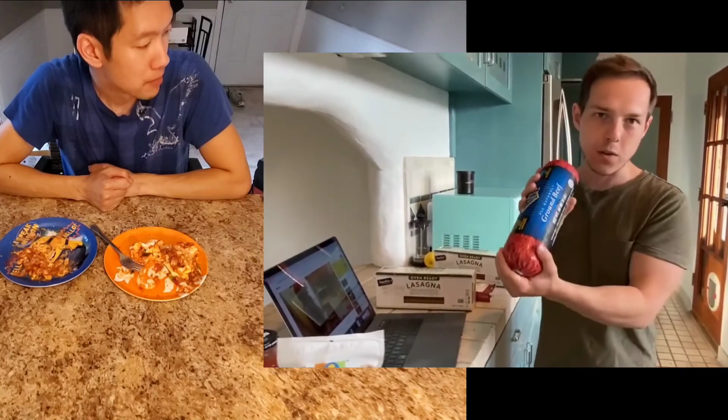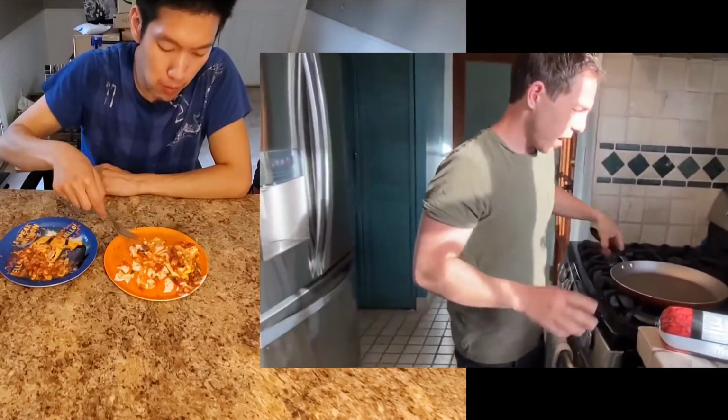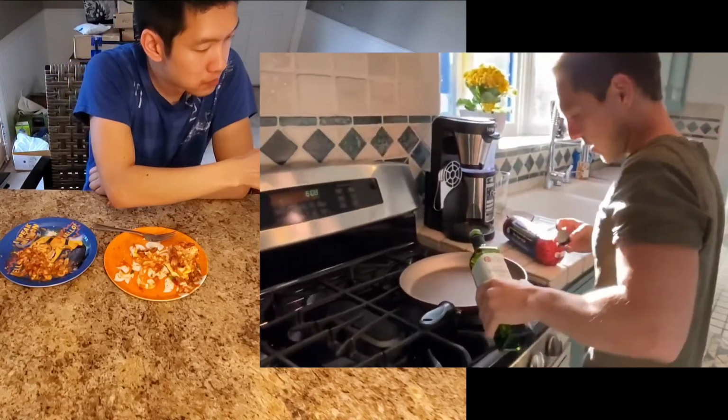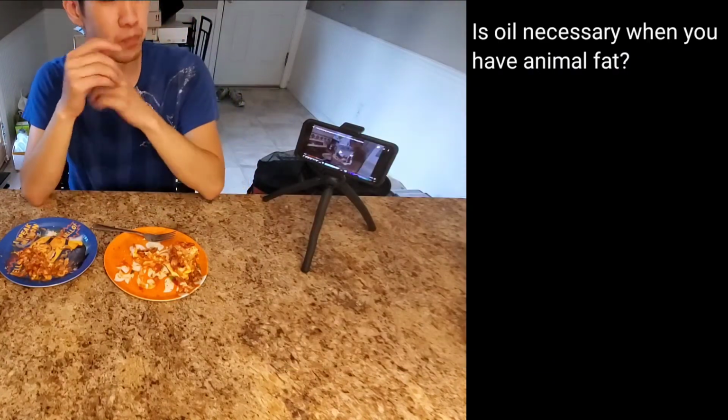So obviously we got to cook the ground beef first. So I'm going to put some oil in here. Here we go. So we got our avocado oil. So, okay, so